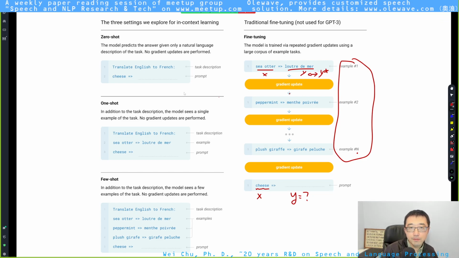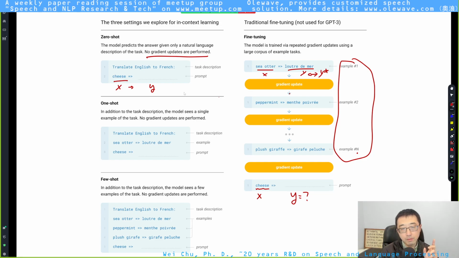So what is zero shot? Zero shot means that no gradient updates are performed, as shown in the right figure. You have a GPT-3 model, and all you have is X. Send X to it, that's it. Whatever Y you get, that's it. You may say, wait, the GPT-3 model is not a task-specific model. You're right. So this is why most of the time zero shot would get very, very bad results.